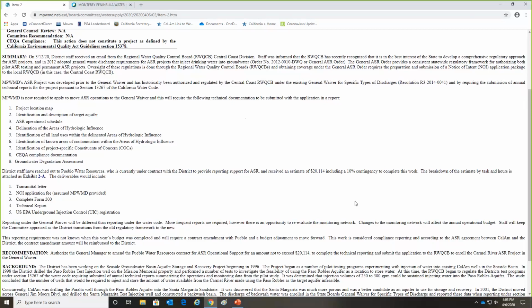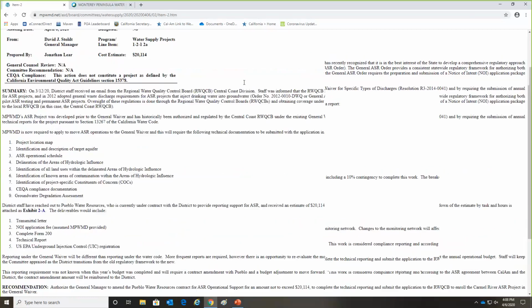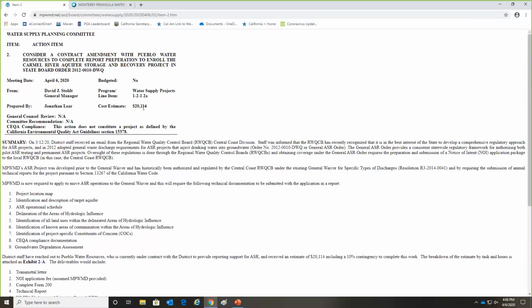Sorry, I'm working my other screen here to pull up notes. Was this noted somewhere as being reimbursable, but then it does have a cost estimate on it? Is it reimbursable or does it have a cost? Do you want me to answer that, Dave? Yes, please. Okay. Yes, Molly, it does have a cost item associated with it because in order to enroll into the